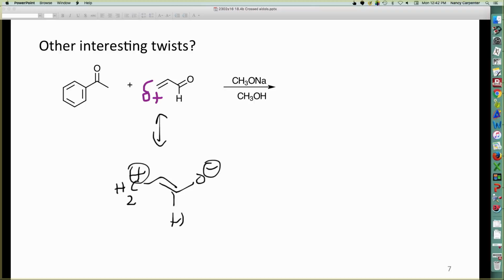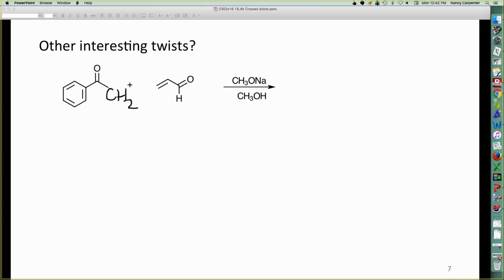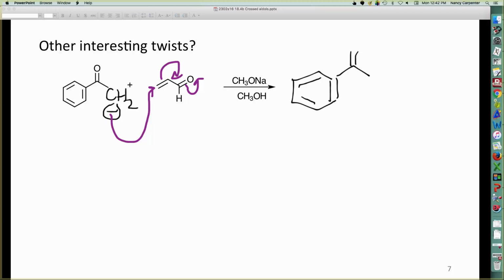So we're talking Michael addition here. And what's important to know is that an enolate is a soft nucleophile that very happily reacts 1,4 with a conjugated system. So first step in the mechanism, after deprotonation of the alpha hydrogen